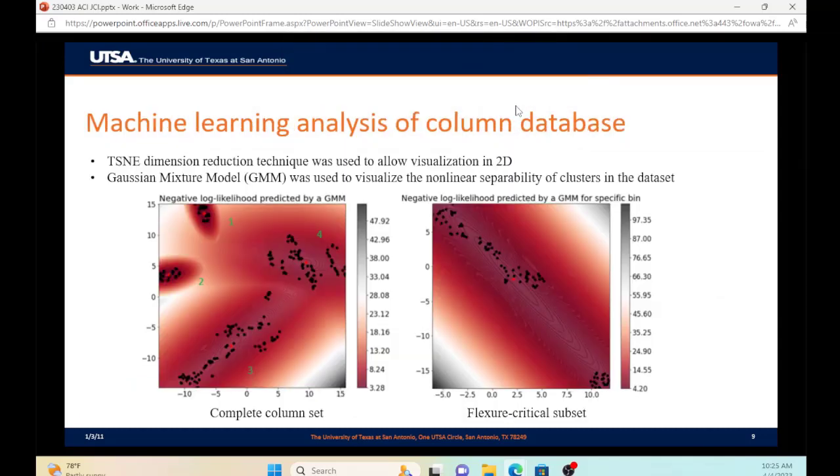And there's been a lot of work that we've been doing with machine learning around the column data set. We've used different techniques to visualize and to understand the makeup of the data set and to begin to group columns in terms of behavior. And we thought that might be a helpful thing. So what you see here is a couple of things combined. First of all, we use a technique to reduce dimensions. When you have many parameters in a database, it's very difficult to see the effect of each parameter individually. So there's a technique here that reduces that multidimensional problem into a two-dimensional problem and puts it in a graph. And then we use a technique called Gaussian mixture model to try to lump those columns